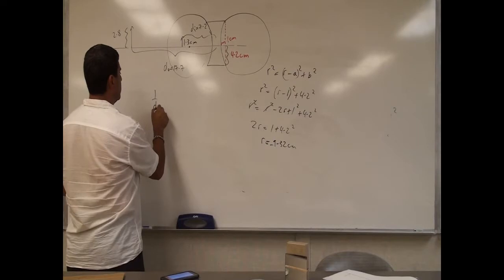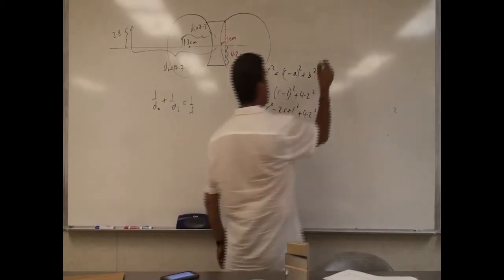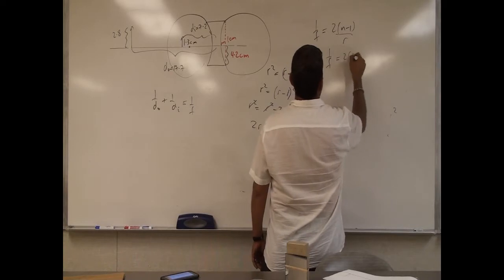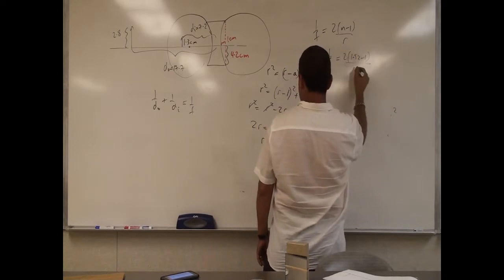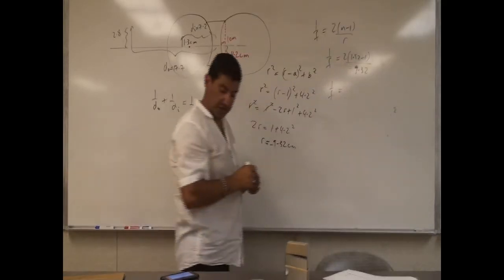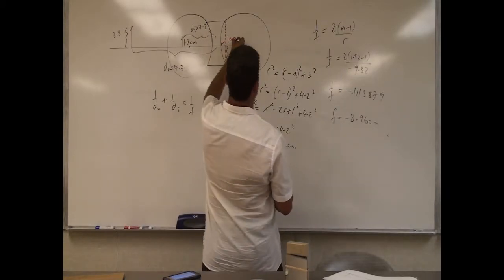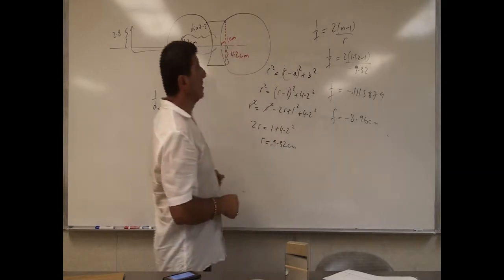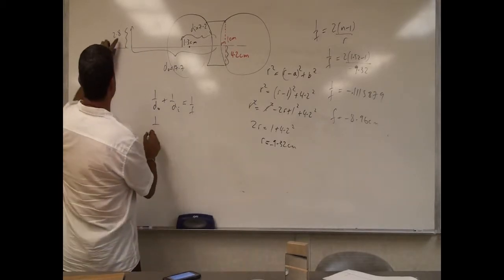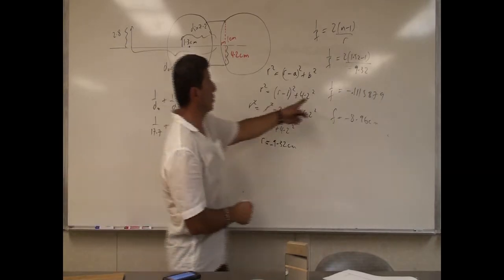So now let's go 1 over dO plus 1 over di is equal to 1 over f. Let's first calculate the focal length. 1 over f is equal to 2 times n minus 1 over r. 2 times 1.52 minus 1 over the radius of curvature, negative 9.32. Right? So then the primary focal point will be negative 8 centimeters to the left of the lens. The secondary focal point will be on the right side. But for the equation, we use the primary focal point. So then we're just going to have 1 over dO. My dO was 17.7 plus 1 over di is going to be 1 over f, and then 1 over f is negative